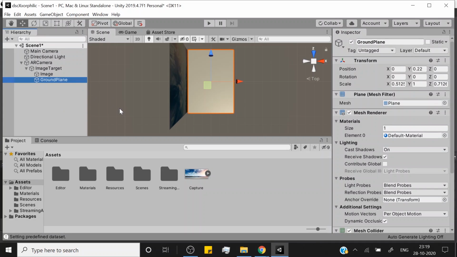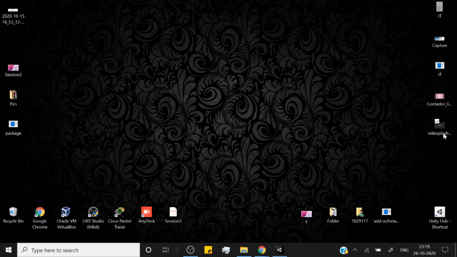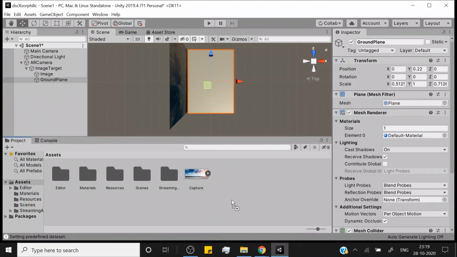Now, let's bring in the video that we want to augment on this plane that needs to be played when the image target is found. So you can either add any video clip of your choice, or you can also check the description to this video and add the video and the image that we gave in your project also. So now that my video has been dragged and dropped into my project panel,